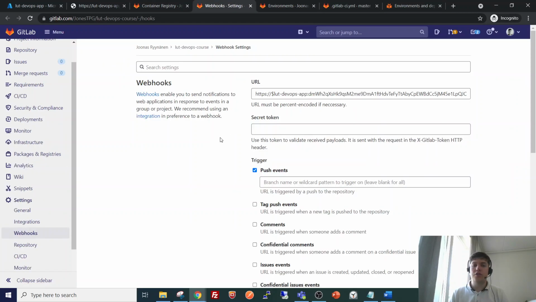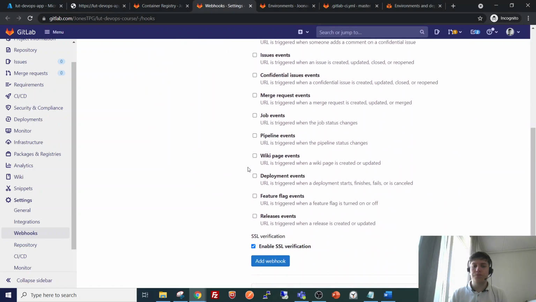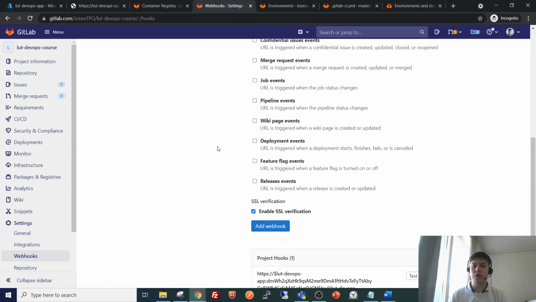And then we will set this webhook that I talked about earlier to launch on the deployment event rather than push event. So let's see, we have here this deployment event, so we will check that. We can already go ahead and save the webhook here.